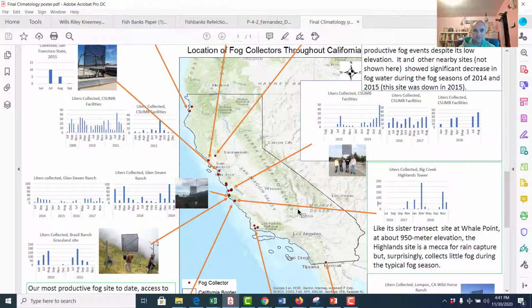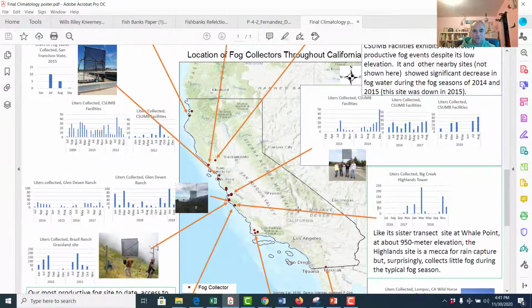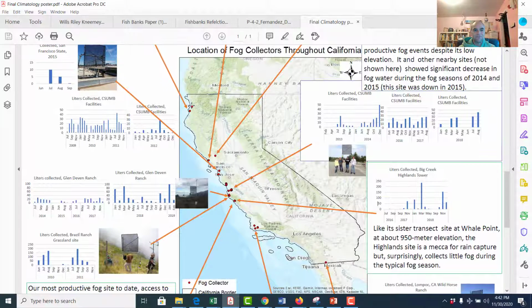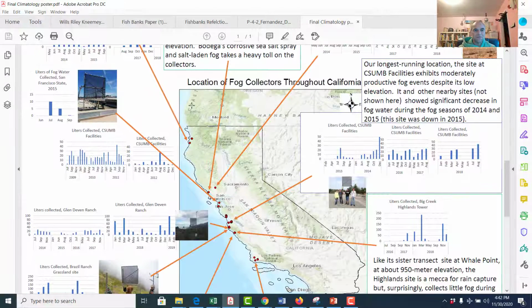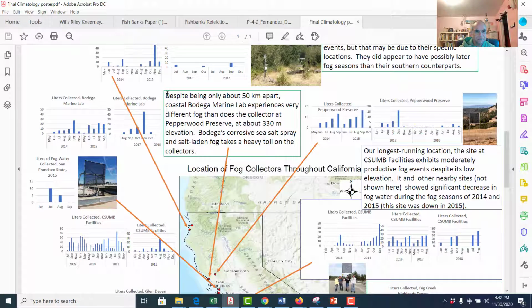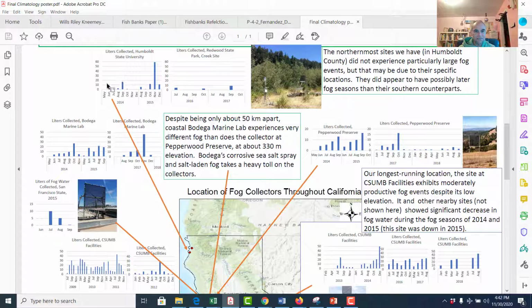So I'm going to home in on this a little bit. If I can expand this, here we go. So here's the map of California. And you can see I have a couple of sites as far north as Arcata. Now, I only have these data for a few years. But you see up here, I have them from 2004. Oh, no, I take that back. Yeah, 2014 and 2015 at Humboldt State University. And at Redwood Creek State Park, which is the dot up here, I have 2016 and 2017, at least